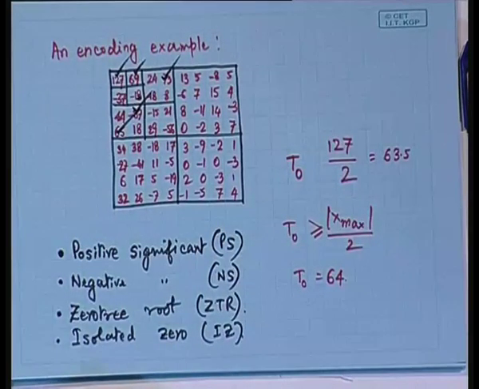Very luckily, yes, you will be finding lot of such insignificant coefficients, and because of this you will be encountering 0 tree roots. You will be finding that mostly the higher frequency subbands are having more insignificant values, and that is why it should be possible for you to detect more number of insignificant coefficients, leading to more number of 0 tree roots, and more number of 0 tree roots means that it is definitely an efficient encoding scheme,